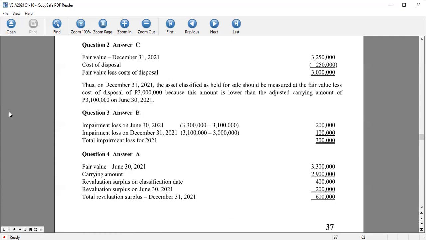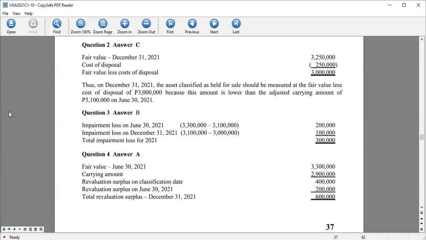And question number 4, the answer for the revaluation surplus at the end of 2021, fair value on June 30, carrying amount. Then we have the revaluation surplus on classification date, and we have now on June 30 for 200,000. We have the total revaluation surplus on December 31, 2021. So now we have the answer as letter A for question number 4. Then we go to